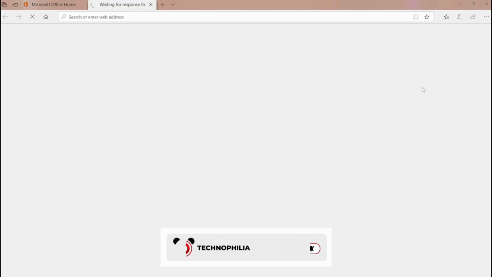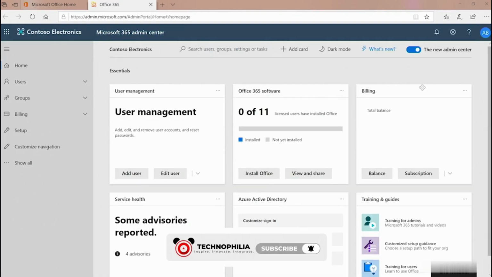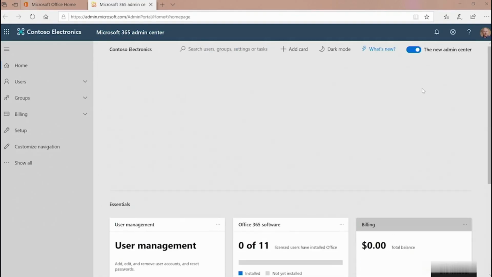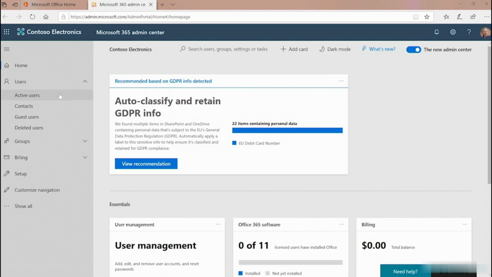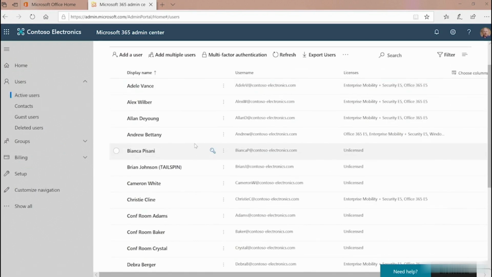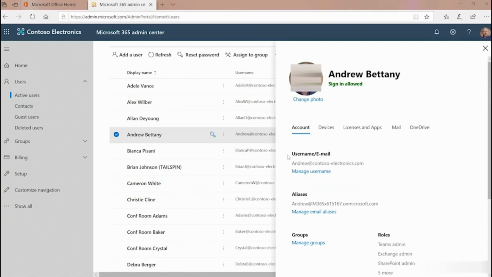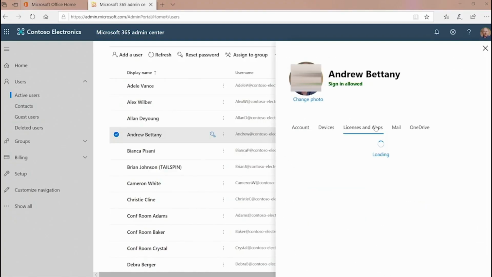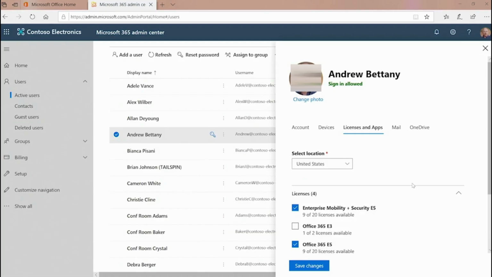I'll select the admin tile. And here we can see my Microsoft 365 Admin Center. I can see my active users and manually edit these using the interface. Throughout this course, I'll use a Microsoft 365 subscription. The Microsoft 365 Admin Center allows us to perform many administrative tasks, such as creating users and groups,